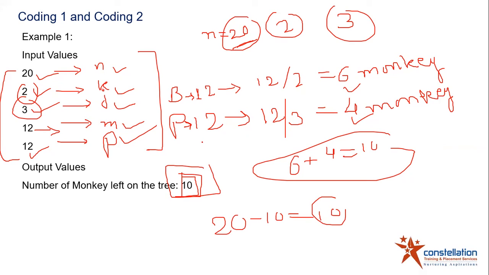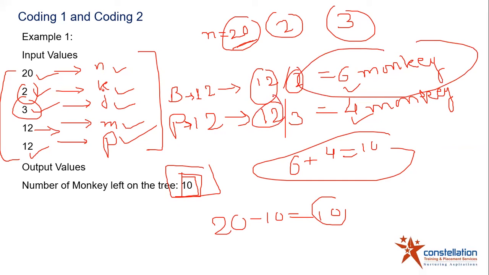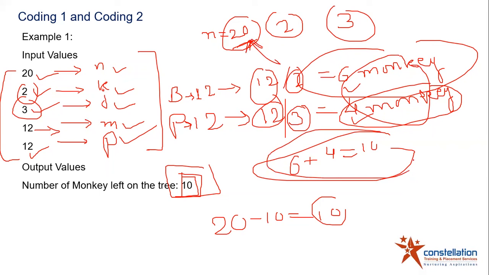How simple. And now it is very easy for us to write the program because now we have understood the whole logic, right? What you have to do is take the input, divide the total number of bananas being offered by the number of bananas they can eat. You got one number of monkeys. Divide the total number of peanuts which has been offered to them by the total number of peanuts they can eat. You will get another set of monkeys which will eat peanuts. Add these two and subtract it from the total number of monkeys. You will get the number of monkeys left on the tree. That's the only thing you have to do.